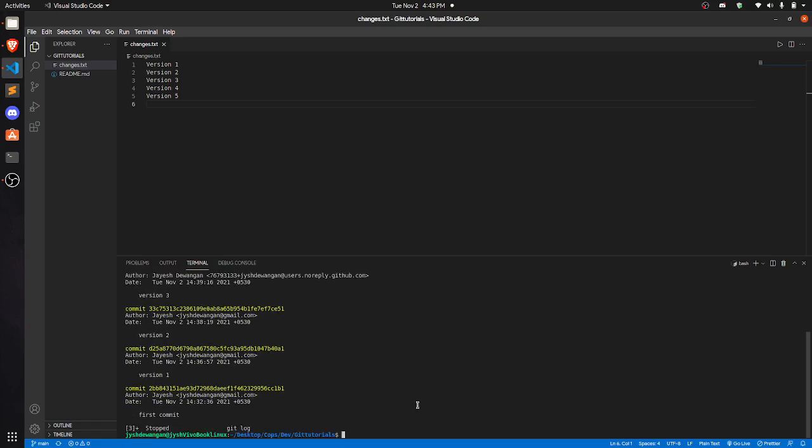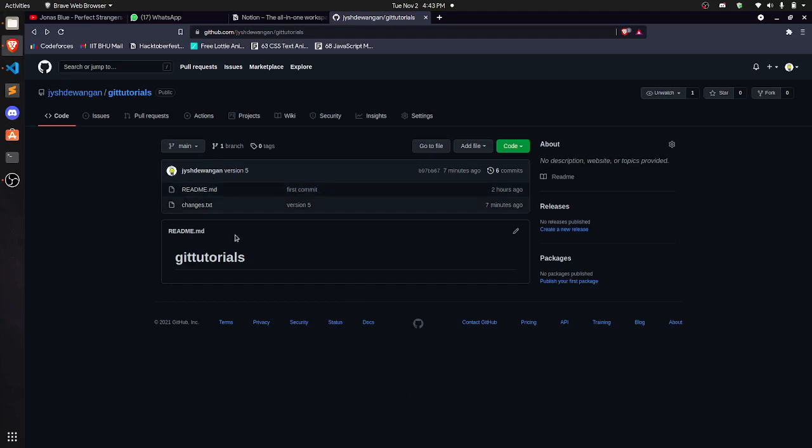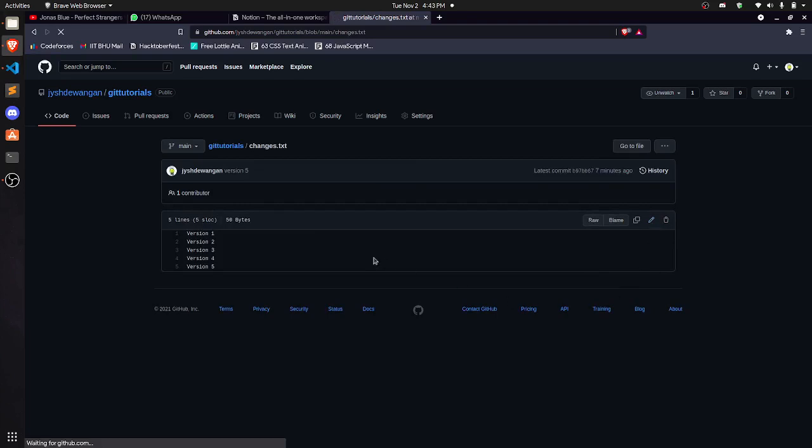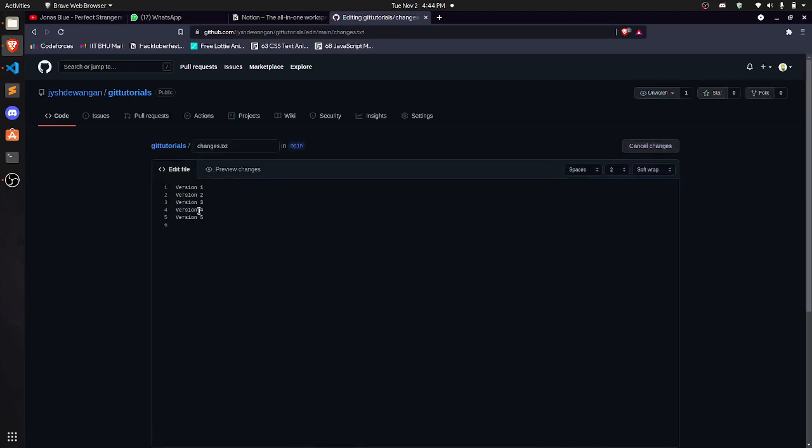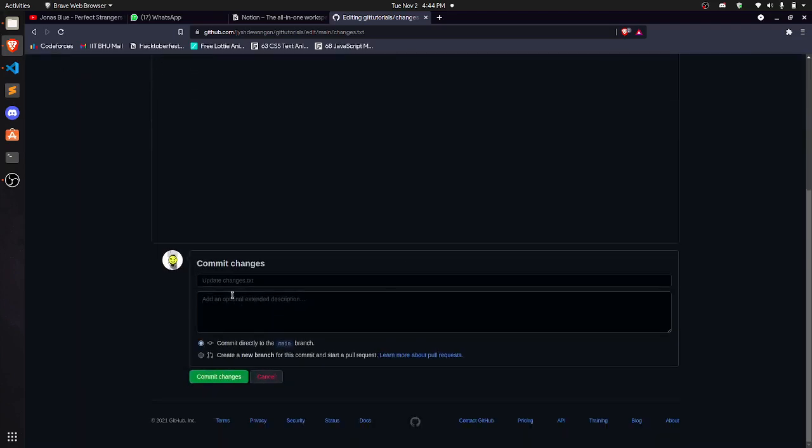So we will commit one more change in our remote repository. Let us go here and edit. We will edit this file and create a new commit on the remote repository. Let us write version 6 and we will commit it, version 6.